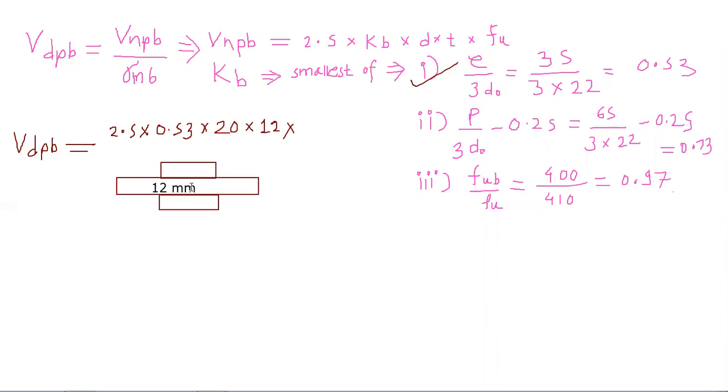So we are going to consider this value, which is for the main plate. So we will consider the thickness of main plate multiplied by the ultimate value, that is 410 again,